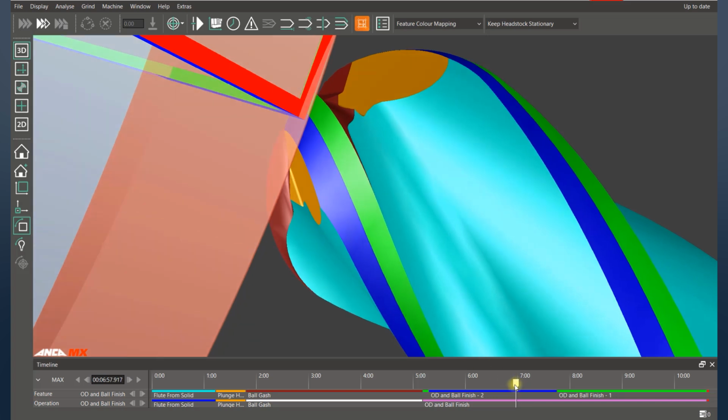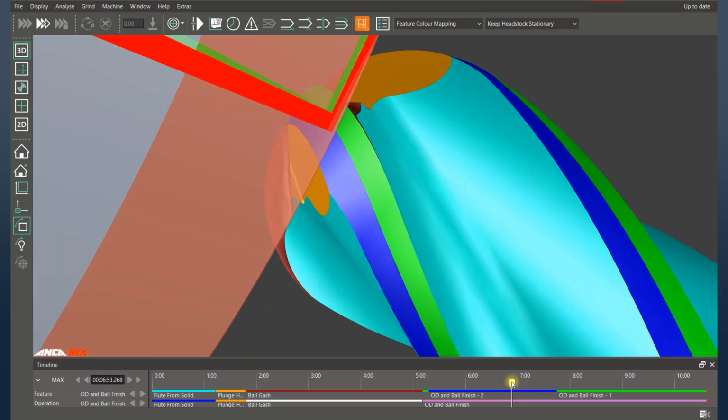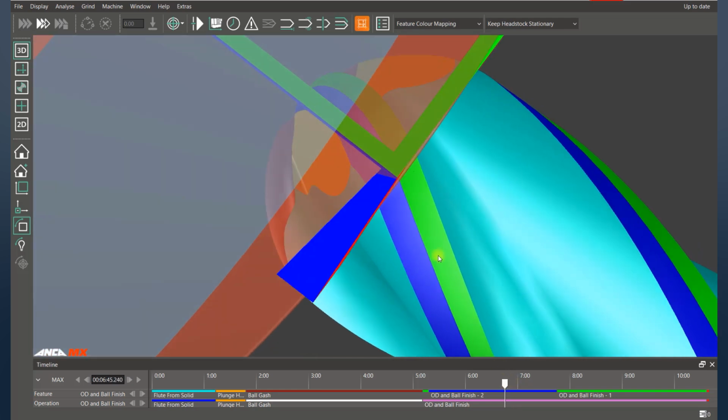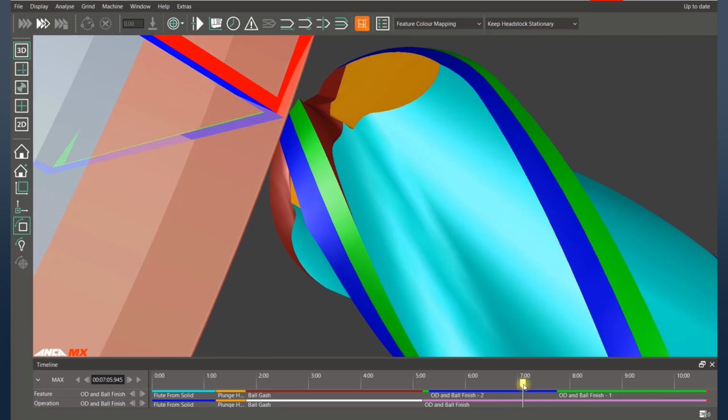As I track in and out, you can very clearly see it's aligning with the edge here, but as I go towards the end of the tool, it is tracking slightly behind the primary and secondary intersection line.